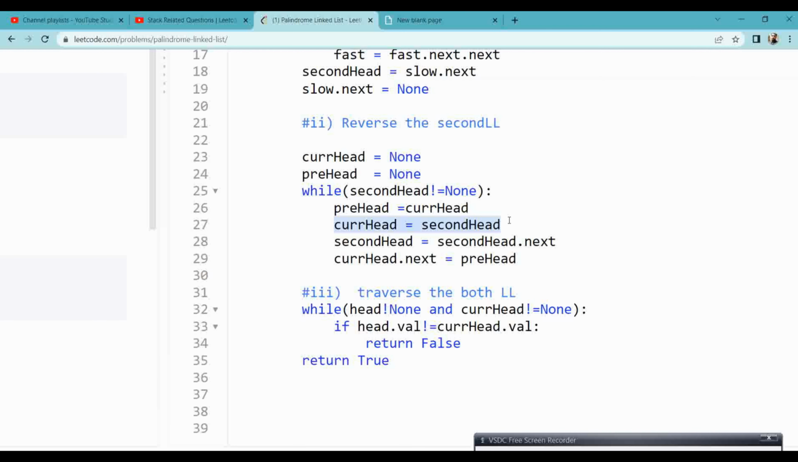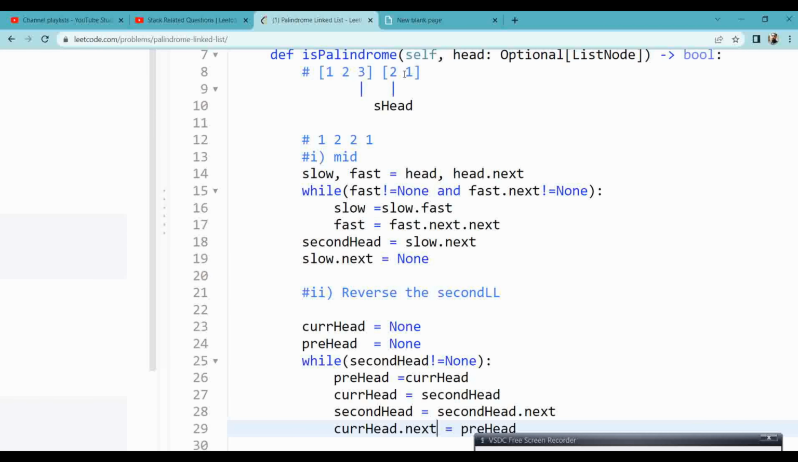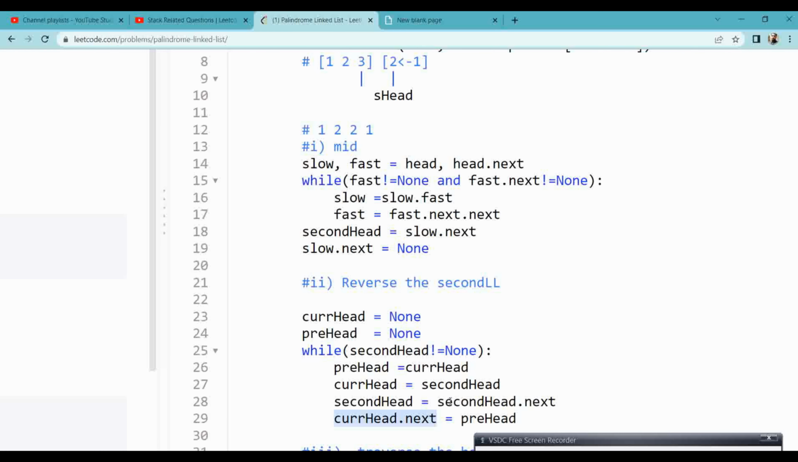Now current head will point, the second pointer will move. Now current head will point to the previous, because I need to reverse it, because previously it is pointing in this direction. Now I need to move in this direction. For that, my current head should point to the previous head. So the current head will be 1, the previous head will be 2,